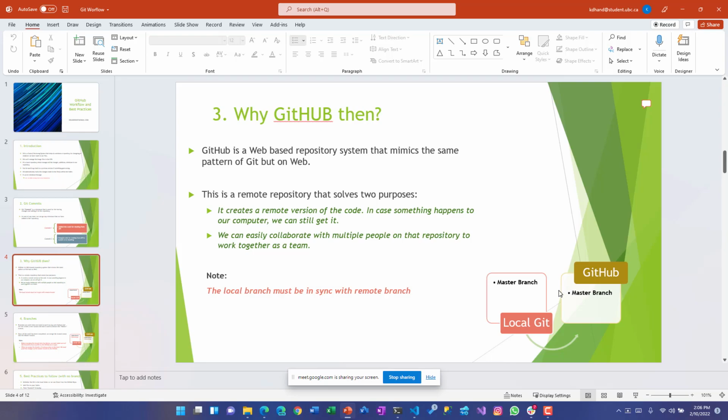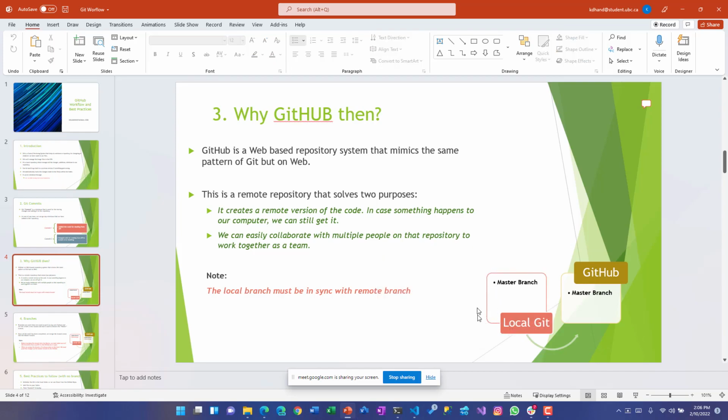Mind it, I'm just saying right now, please do not create any branch directly on GitHub. Do not go to GitHub and change any file directly. Never ever do this. You are going to get into some kind of a mess, which is difficult to resolve. So it's always best to create a single source of truth.